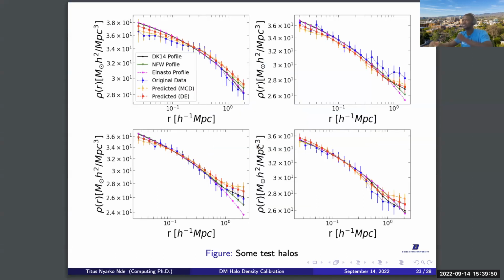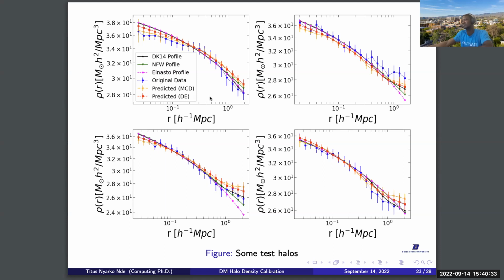One thing we did was to compare the mean of the prediction and the median of the prediction to see which one gives better calibration, because we realized some of the predictions have skewed distributions. But when we compared, the mean of the prediction is actually a better predictor than the median. So these are just some random halos. This first halo is the first plot I showed you with the analytic density profile. These three halos were randomly selected from the dataset, and then we plot the predictions on them alongside the predictions from our analytic density profiles.